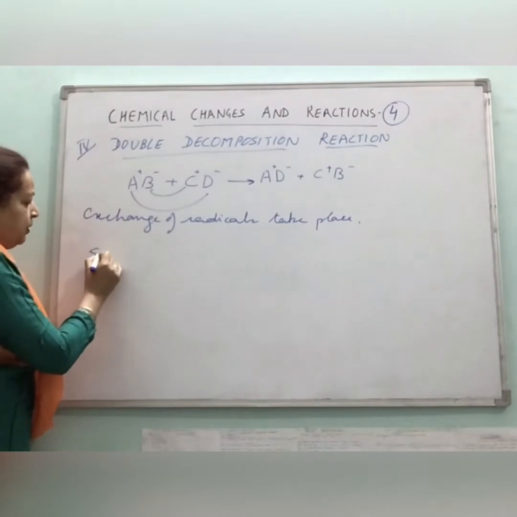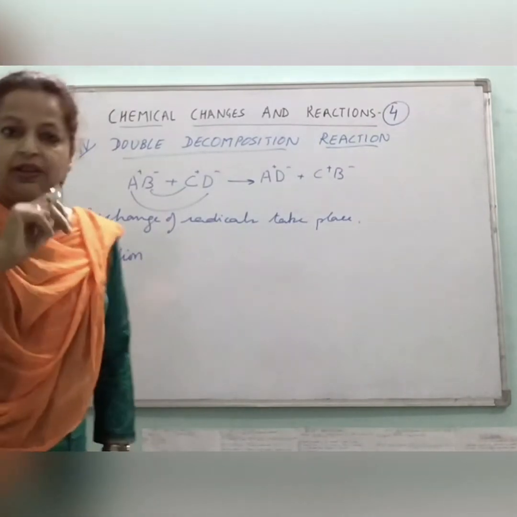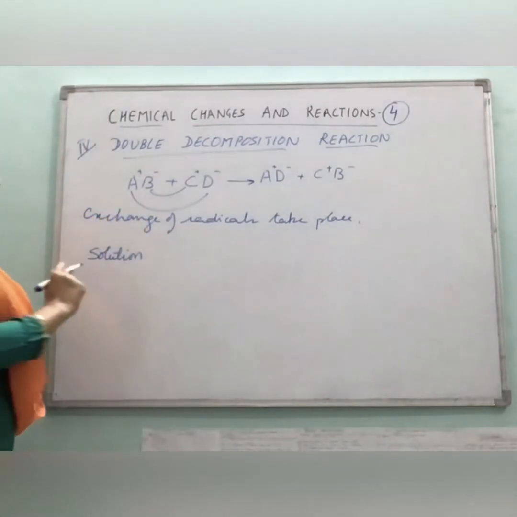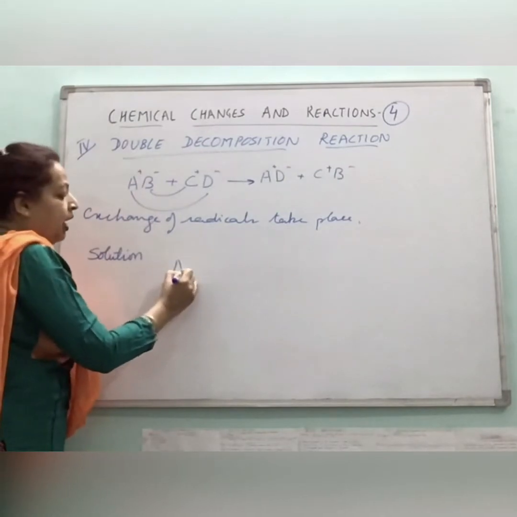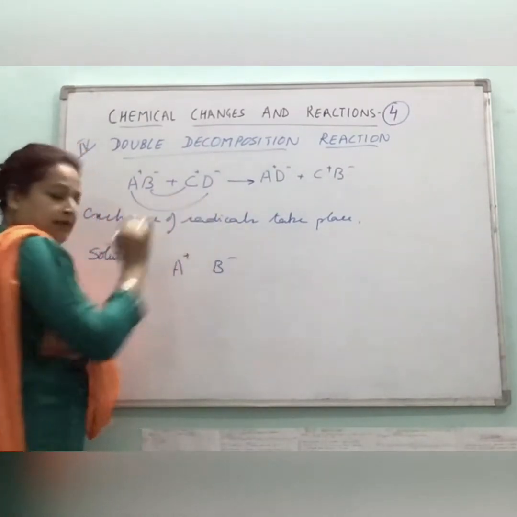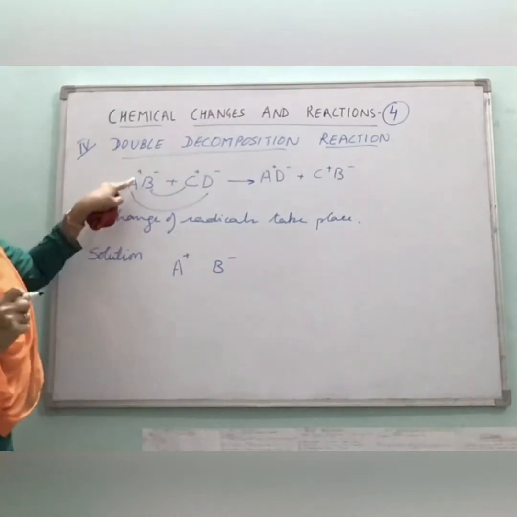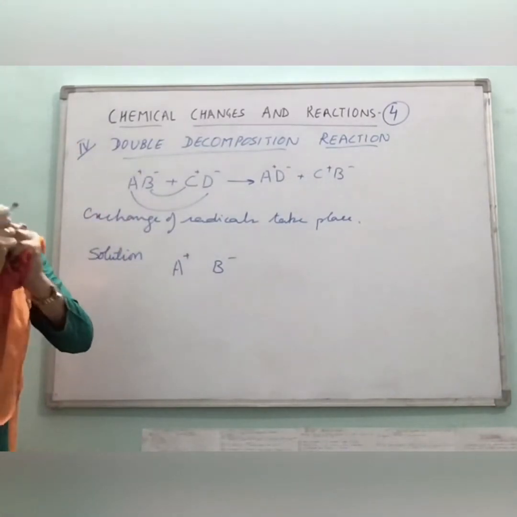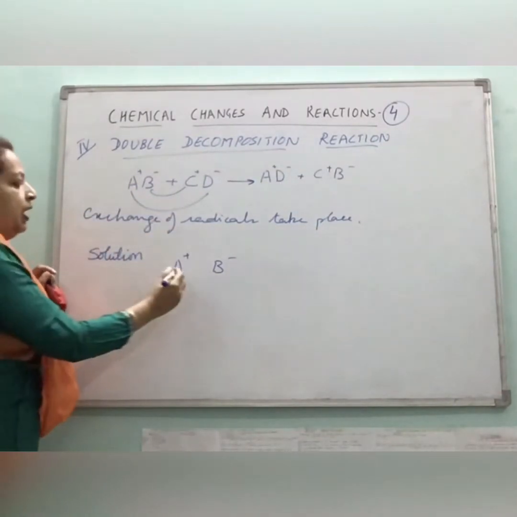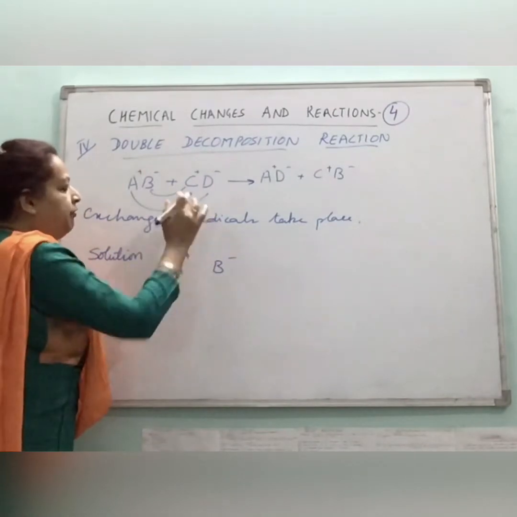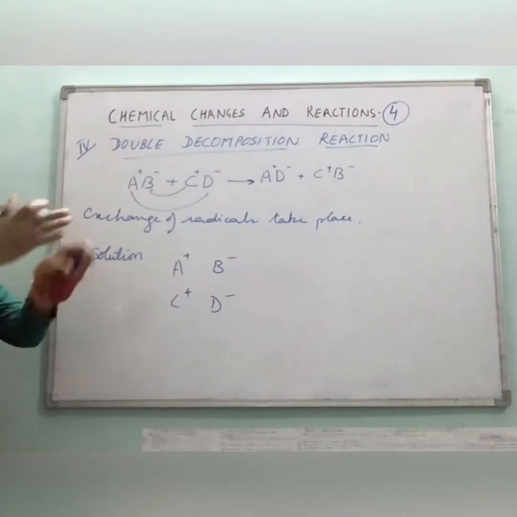What happens in solution form? It should be dissolved in water, children. It should not be in solid state. When it is in solution, ions become free. See, in solid state, ions are very strongly held by strong forces of attraction, so they will not be free to move away. But when it is dissolved in water, ions are free. Right? They are in the solution form.